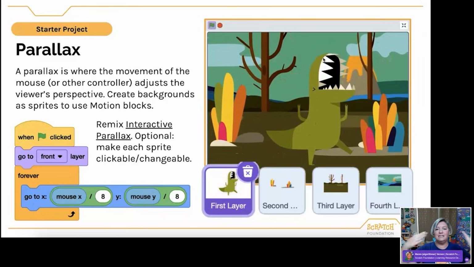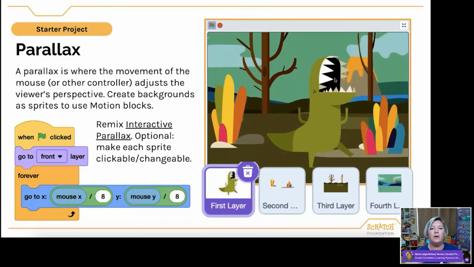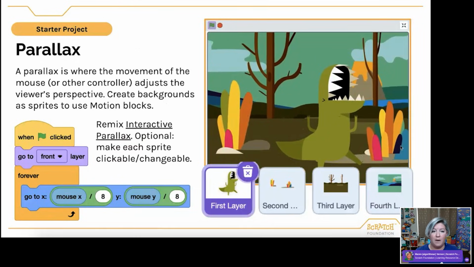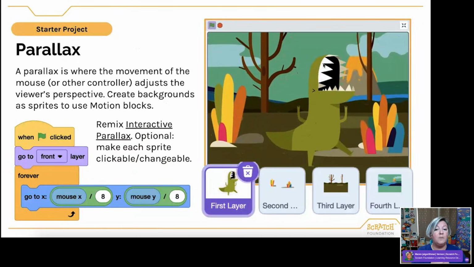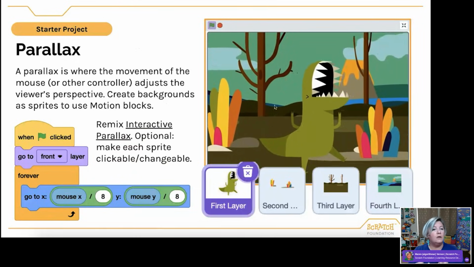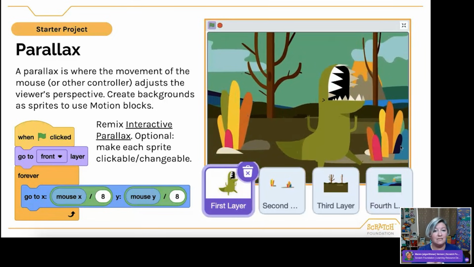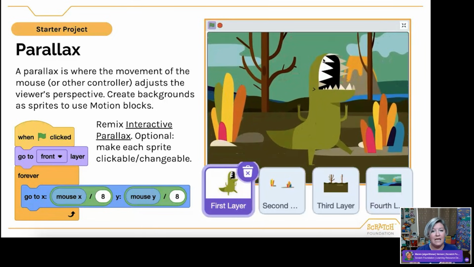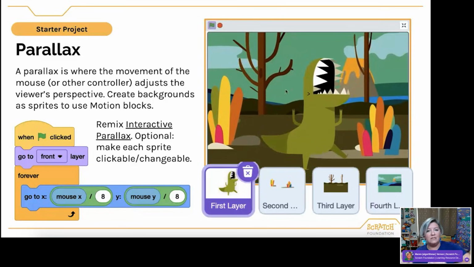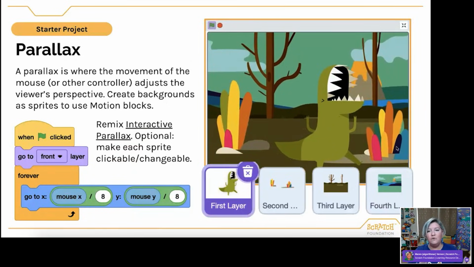I'm still going to count this as a backdrop, even if it's not under that stage backdrops area, because you are still setting a scene. It's still a big scenery piece that we are controlling here. We've just set them up as, in this case, a couple of different sprites. And so with this simple bit of code using the mouse position to guide us, it is allowing us to adjust the scene and move it around.